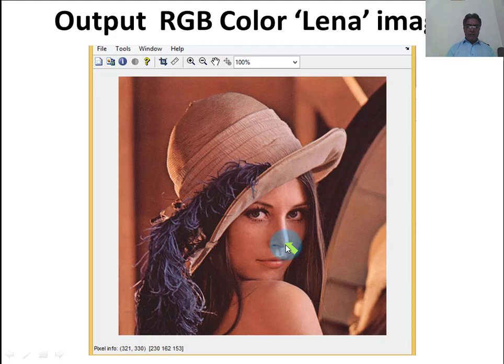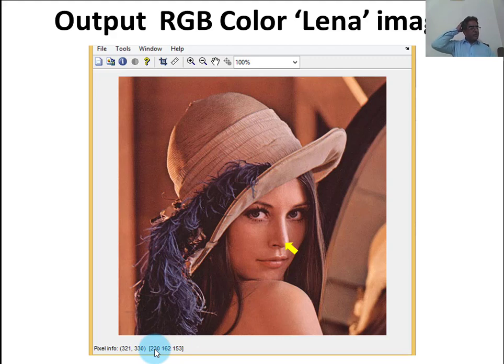When we move the cursor at the nose position of the image, it shows the coordinate value: this is the row number, this is the column number.